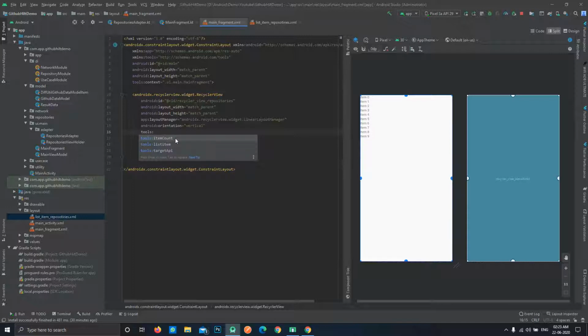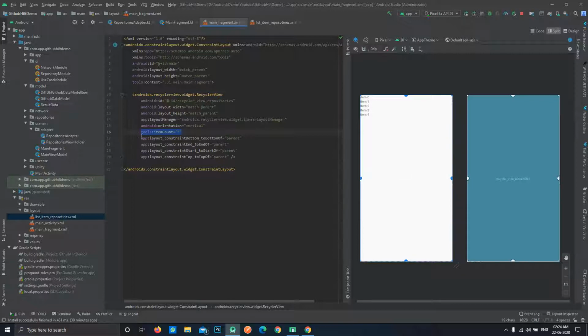We will be using the itemCount property to say that we want to show 5 items. This is not a property where, if you define 5 items, you will only get 5 items after running your project. There is nothing like this. This is just a property to view something at development time only.